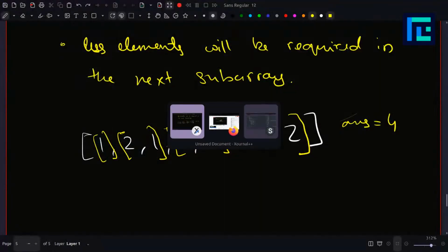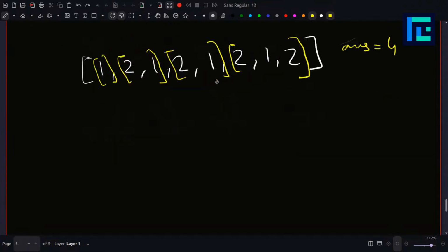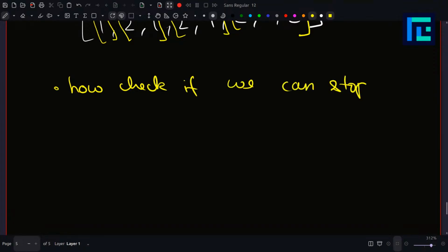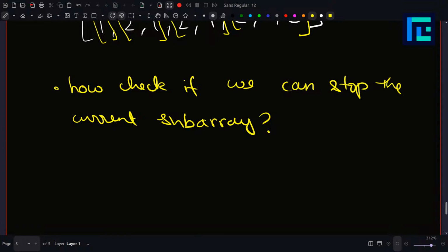Okay. Now our second part is how to check if we can stop the current subarray. Okay. How to check if we can stop the current subarray? Right. So we already decided that we will stop as soon as possible. But how do we check if we can stop it or not? Okay. And the idea is